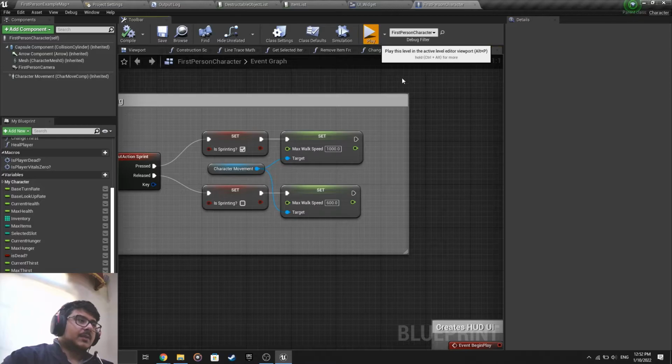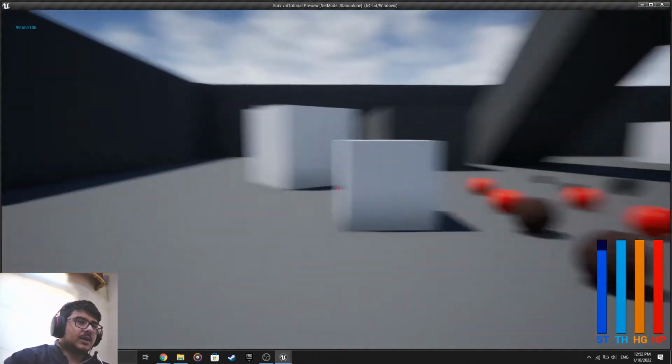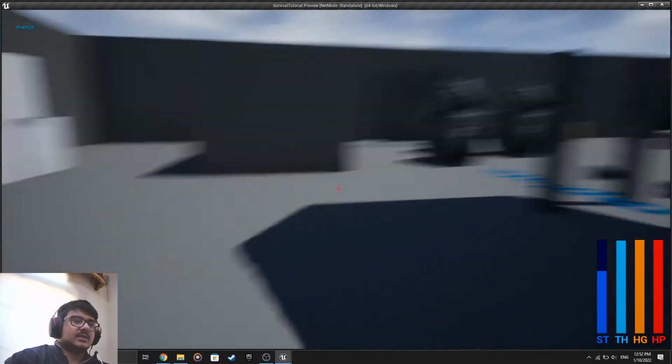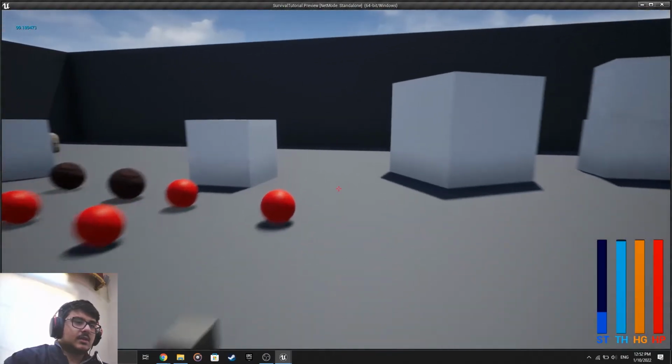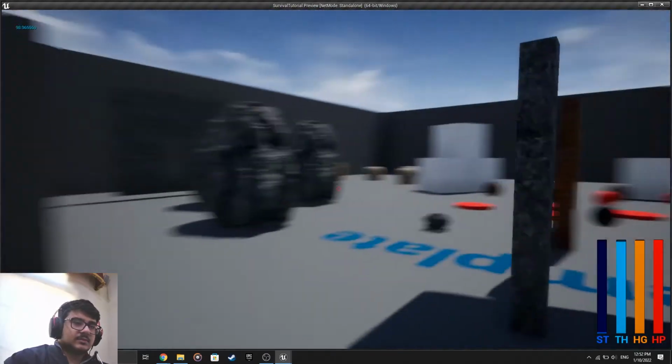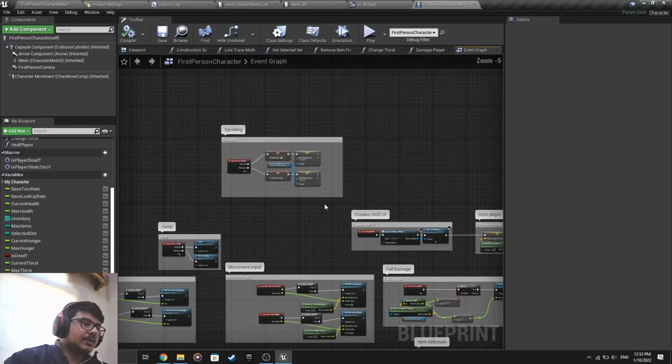And now when I play like this, see, I'm walking slowly. Now I press shift, I move really fast, and the stamina is reducing, going down. As you can see, once it depletes, I still move fast. This is not supposed to happen. What we do now is